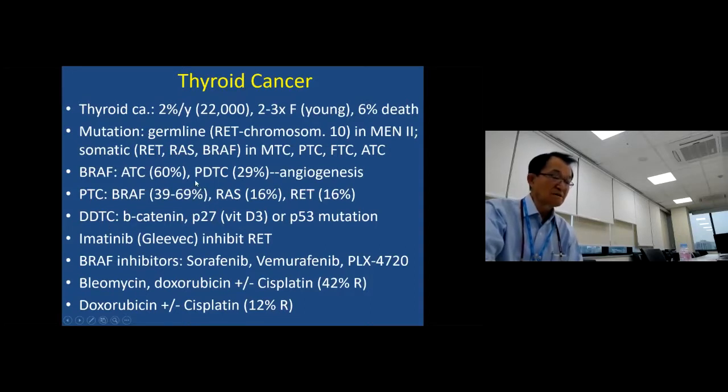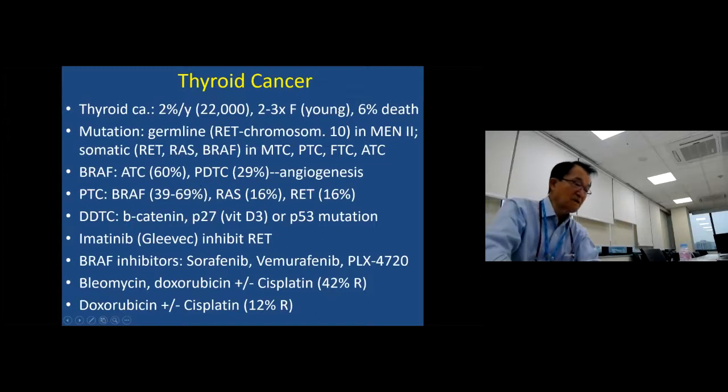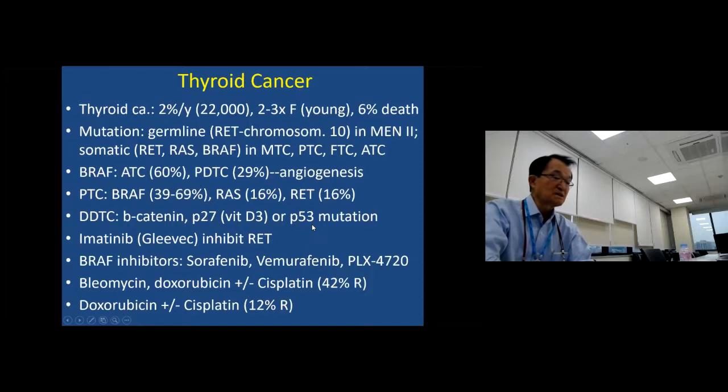There is obviously a lot of genetic effect. And there's P27, even the tumor suppressor gene P53 plays a role. And beta-catenin is also mentioned in the literature. So if we find the RET gene in the medullary thyroid cancer related to MEN, then